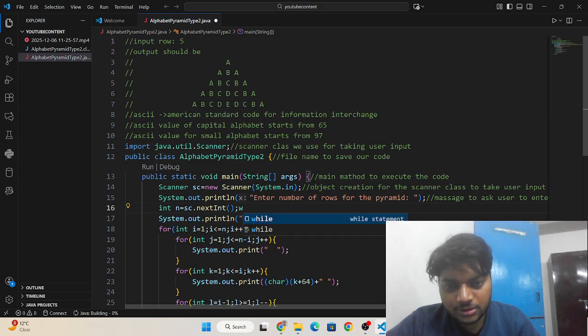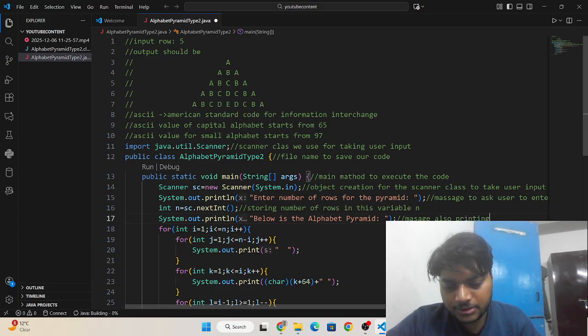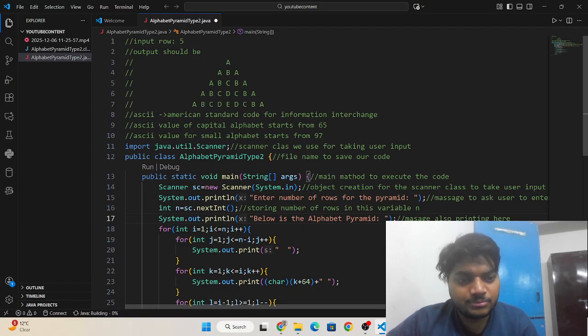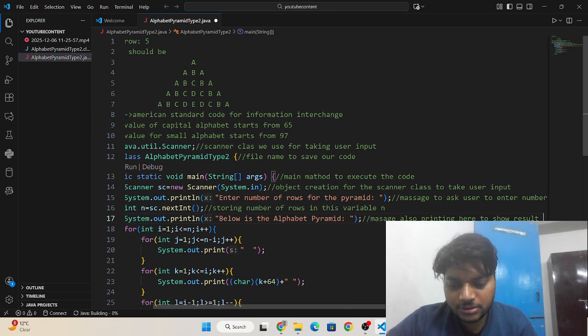We are storing the number of rows in this variable, and this is the line. This is a message also printing here to show the result text.